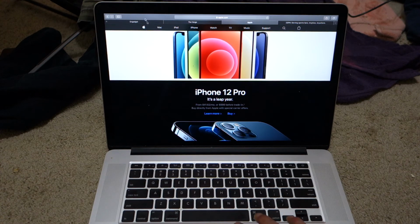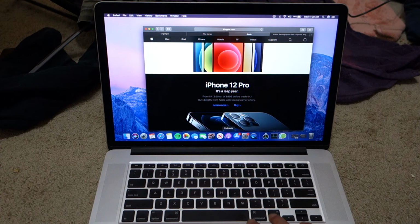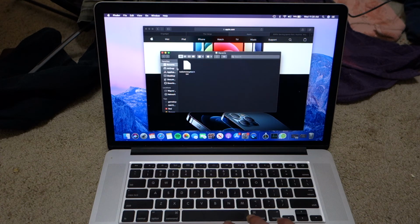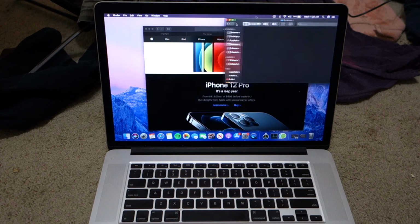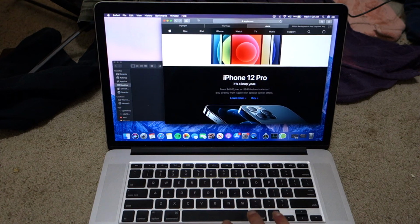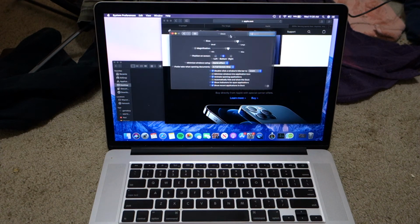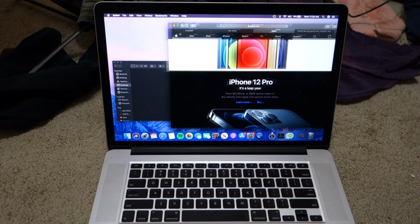Let's go ahead and open up a couple of different programs to see how this thing holds up in the long run. Let's load up something like Finder, I guess. And here is Finder right here. You can see I'm moving it around the screen. I also have Safari open, moving it around the screen. Let's go ahead and open up System Preferences. Here's System Preferences. You can see for the most part, performance is extremely good on this thing,